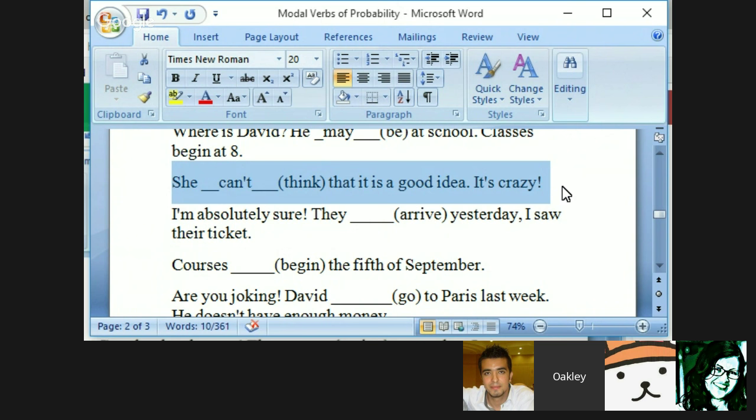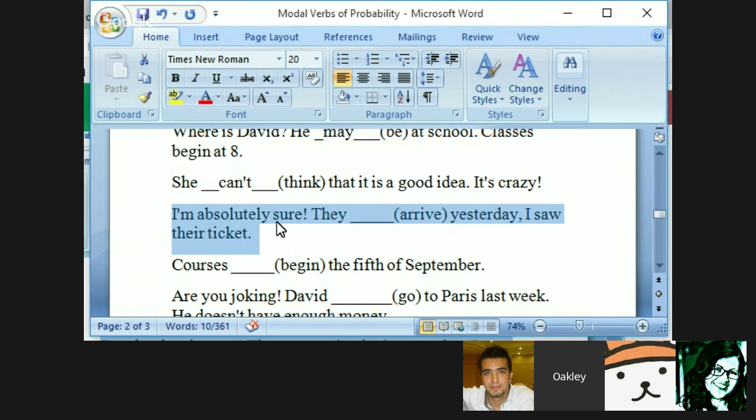No one would ever say, oh, she must think that's a great idea, but it's a crazy idea. You would definitely use sarcasm and say, she can't possibly think that's a good idea. Is she friggin' nuts? It's a stupid idea. We just would not do it that way. It just would not be common. English speakers are far too sarcastic and cynical. Okay. Masa, how about the next one here?